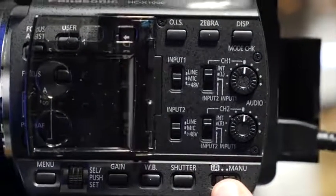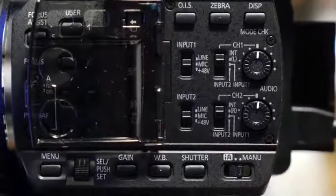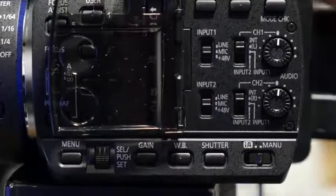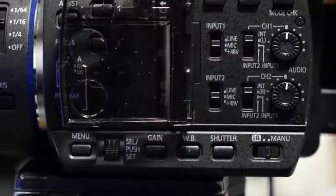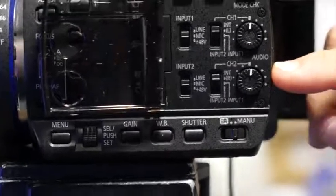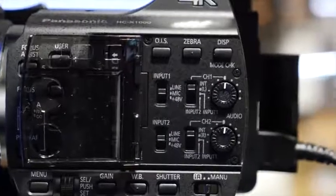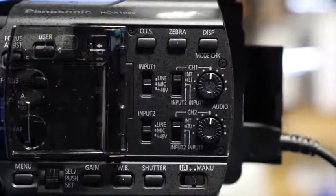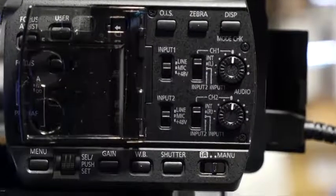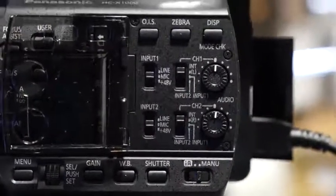dual channel stereo, 2 channels you can see here featuring line in, mic in and phantom power 48 volts. Below that we've got the intelligent auto mode or a manual selectable switch. If you're using the IA mode, that means you can just hit that button and start recording straight away. Everything is done for you, including shutter and aperture and white balance. So just hit that button if you haven't got a lot of time to set up, and off you go